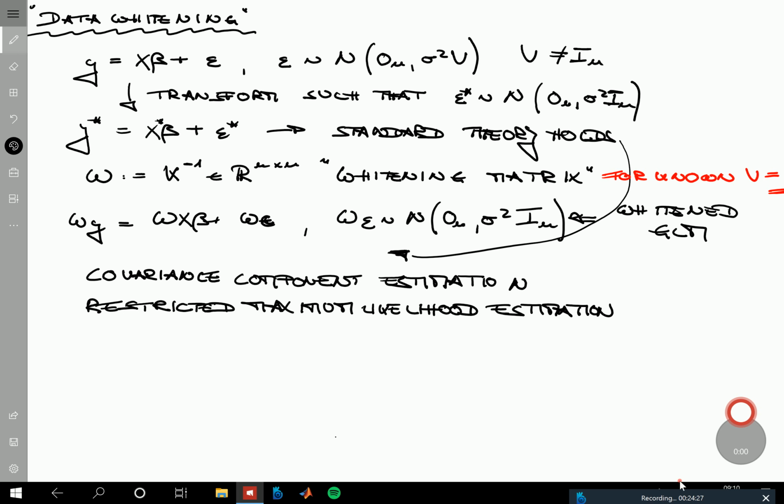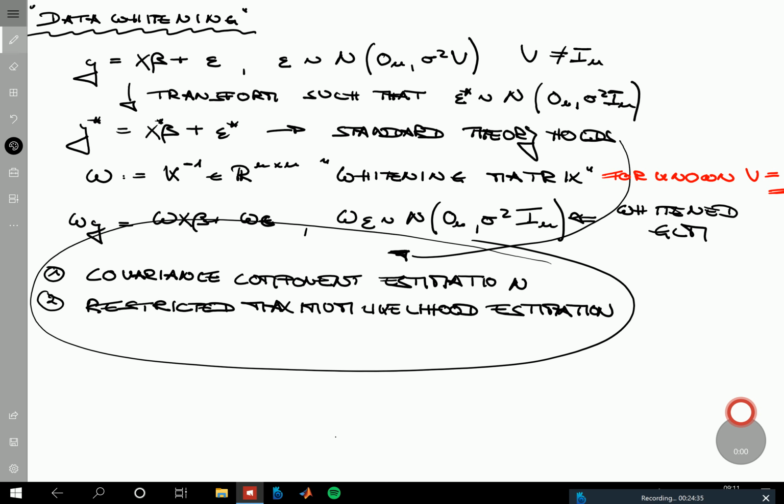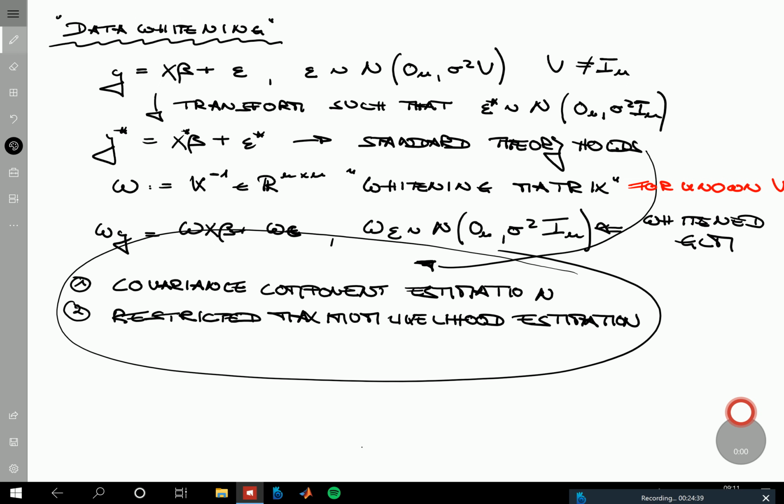So these 2 topics, covariance component estimation and restricted maximum likelihood estimations, will be then the big 2 topics before the Christmas break. Yeah. So again, today we developed the generalized least squares estimator as the estimator for the beta